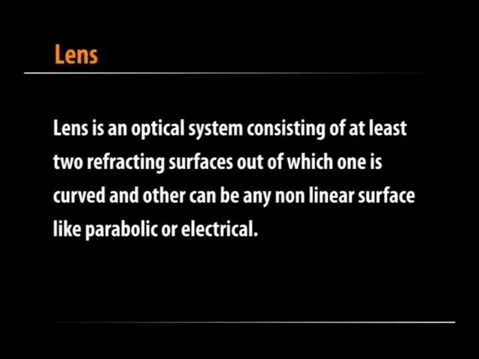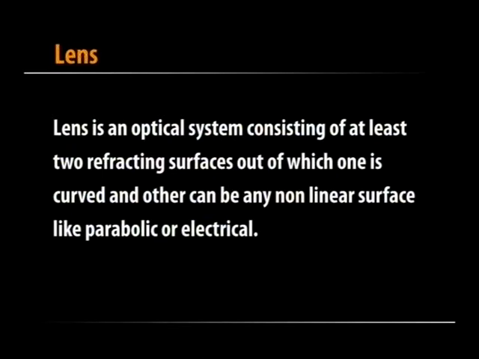A camera lens is an optical lens used in conjunction with the camera body. It is a mechanism which is used to store an image on a photographic film or any other material, chemically or electronically. The classic definition of a lens is that it is an optical system consisting of at least two